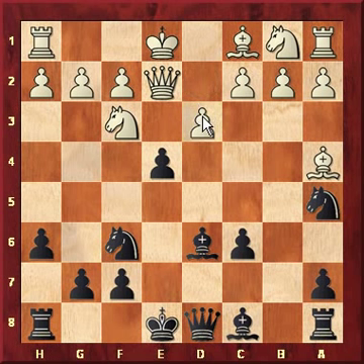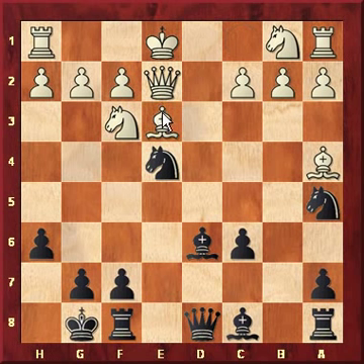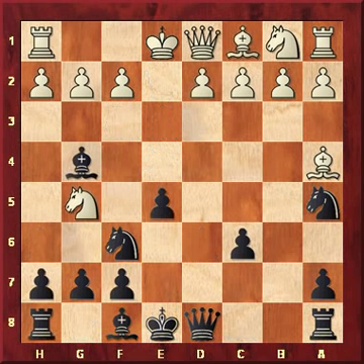d3, castle kingside, pawn takes, knight takes, bishop to e3, and rook to e8. Let's go back to the position where the bishop is